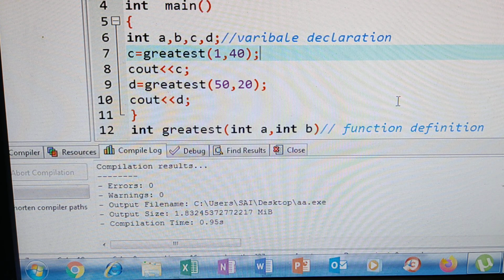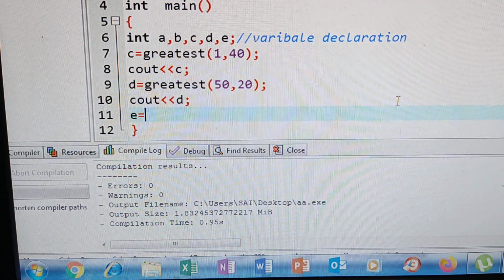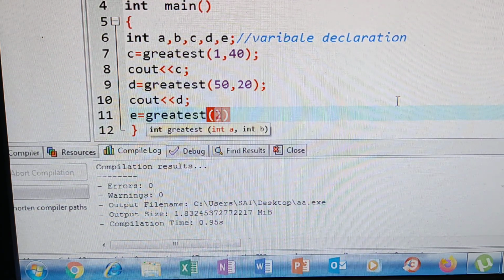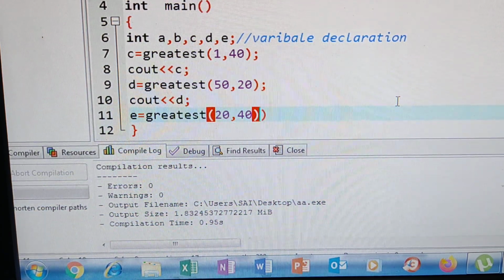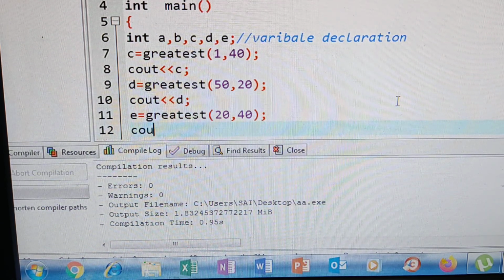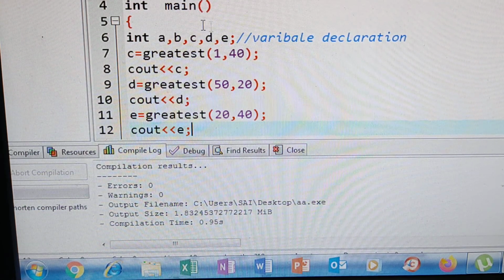Now we are printing that C. Again D is there. Next one more variable I am declaring, E. E equals to the same function we are executing, greatest 20 comma 40, right, semicolon. Now I am printing that E, semicolon. Save it. So the same function I am executing.